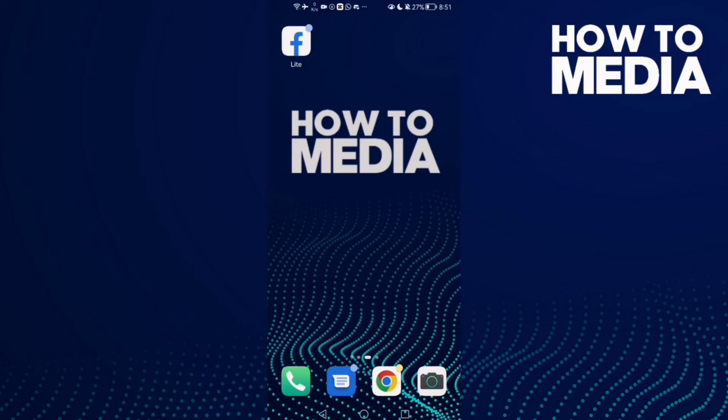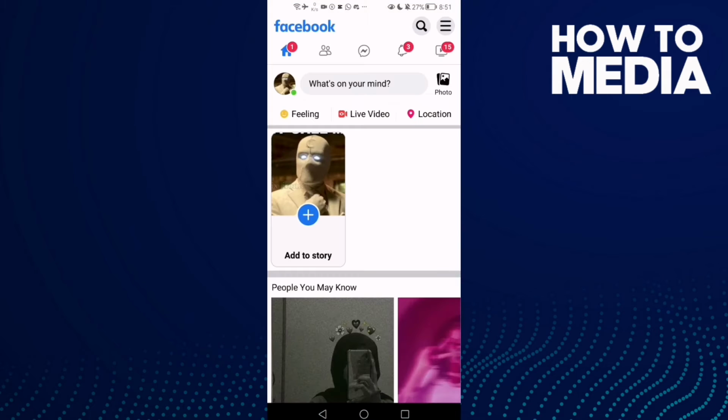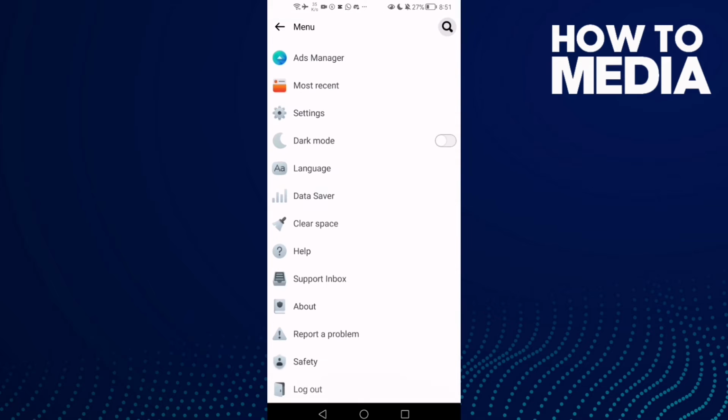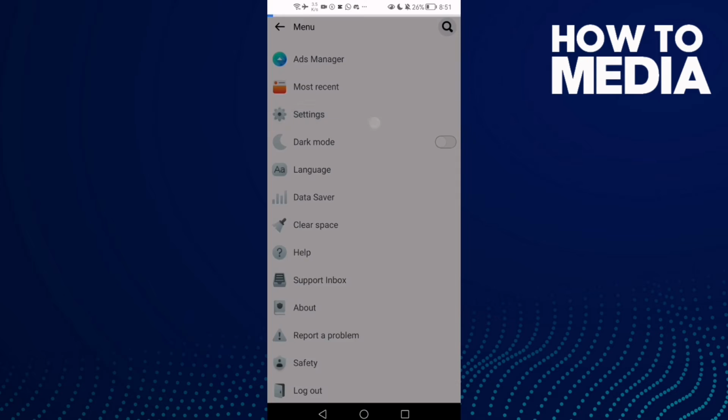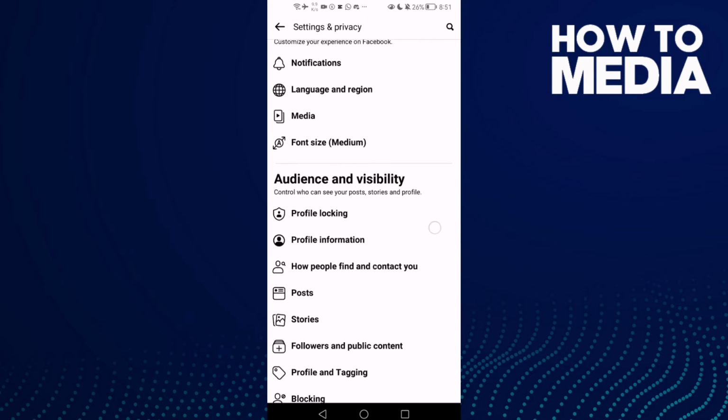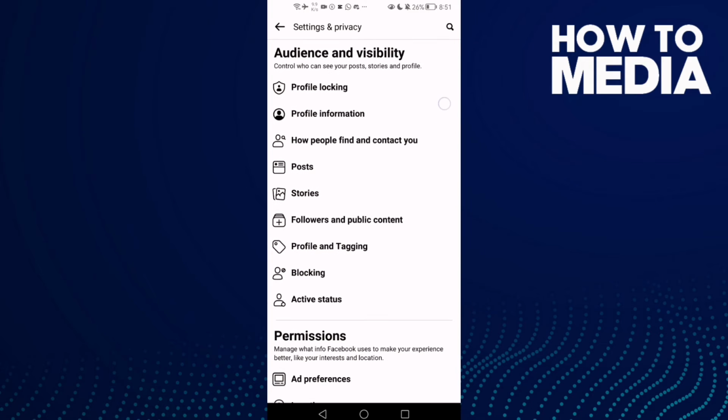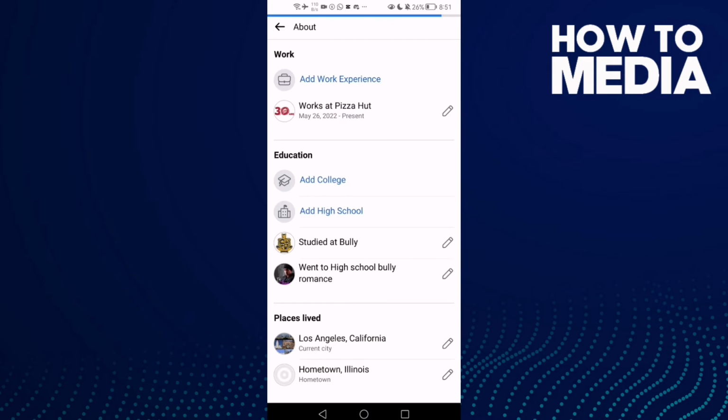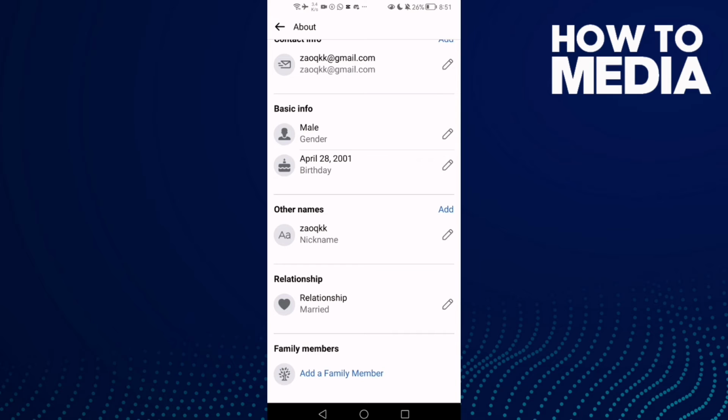First thing, go to Facebook Lite and here just click these three lines in the top corner and go down until you find settings, and here click this one, profile information, and go down until you find your birthday. Click this pin